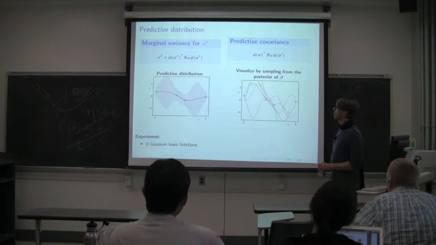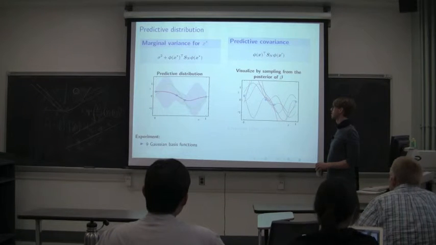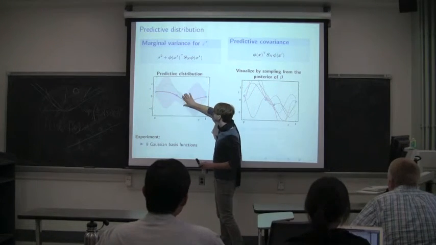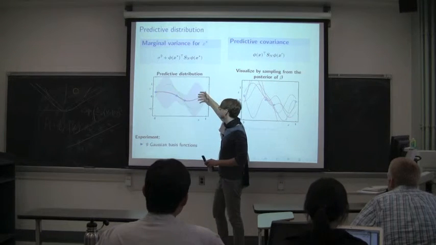Okay. Now, we get more data points, and we see that in regions where there are many data points, the predicted variance